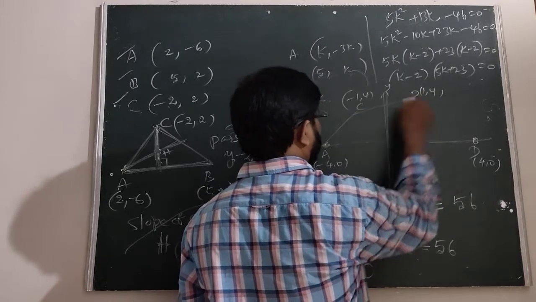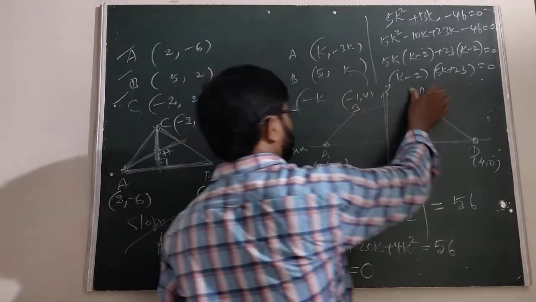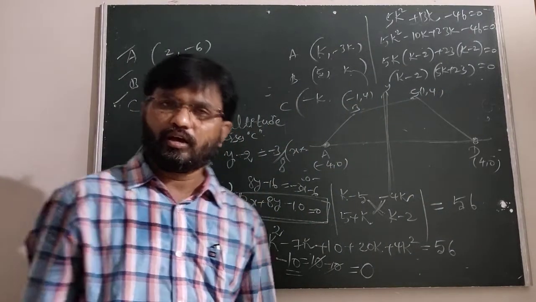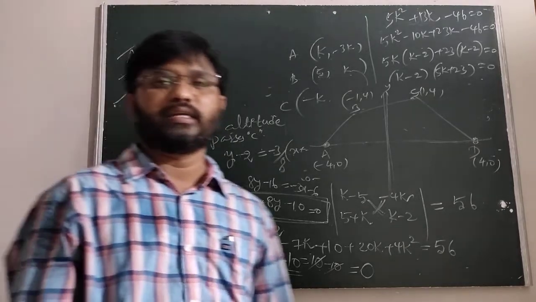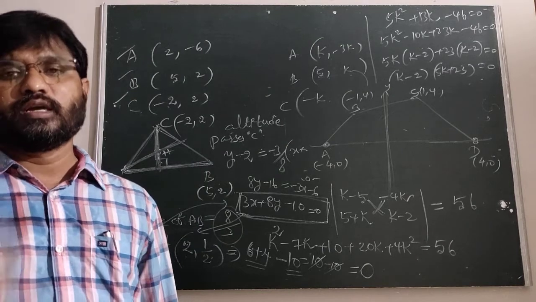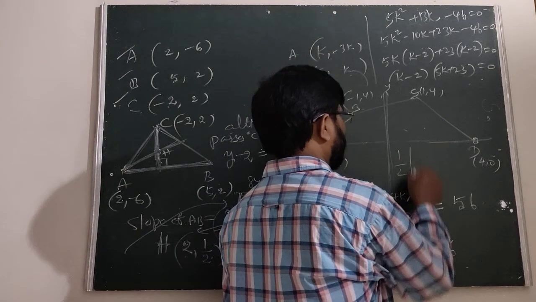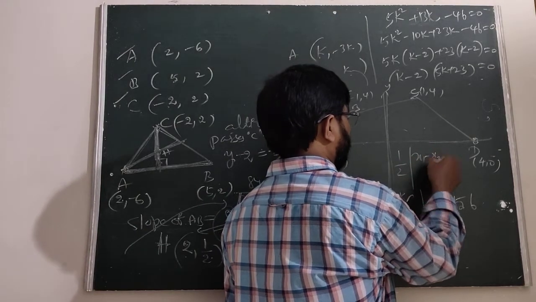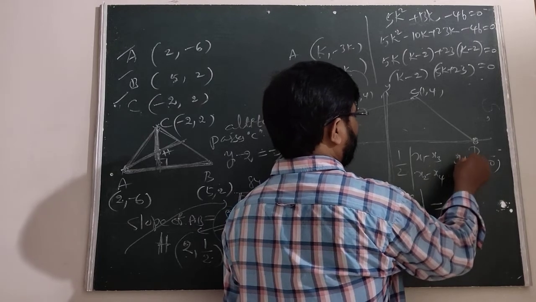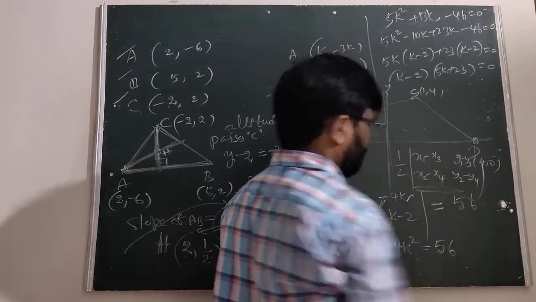Then you have to find this: this is A, this is B, this is C, D. We have to know that the area of ABCD is half modulus of the determinant with rows x1 minus x3, x2 minus x4, and y1 minus y3, y2 minus y4. This is the area. Okay.